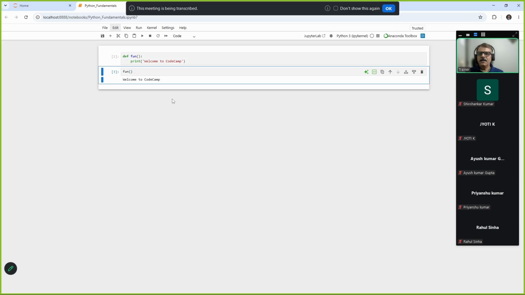Run the cell and see output is welcome to code camp. So as you see we get the result welcome to code camp. So this function we have defined in this cell, in next cell we are calling it. Now you can call it any number of times, and every time you call it, because it is not accepting any parameter, it has one print statement which will always print welcome to code camp. Next